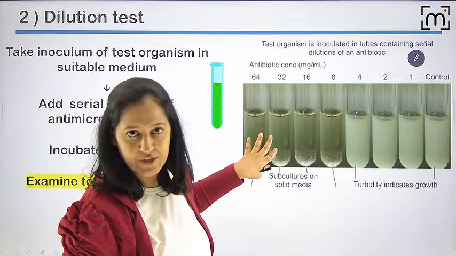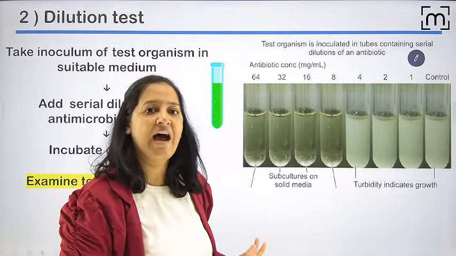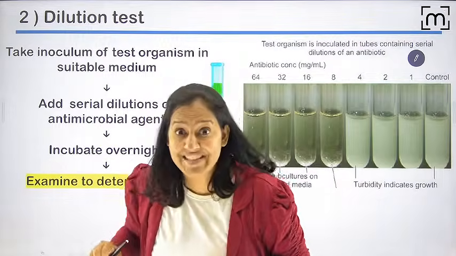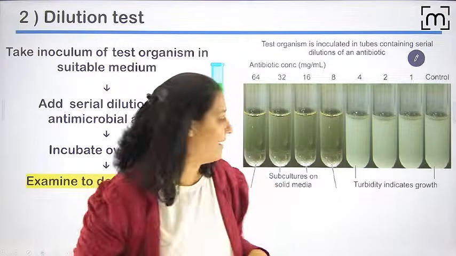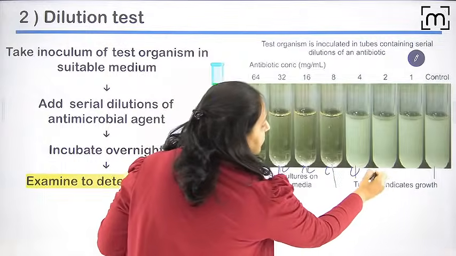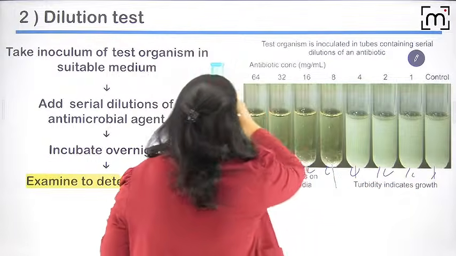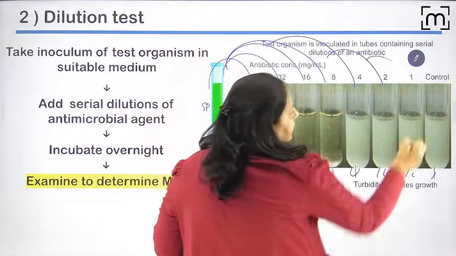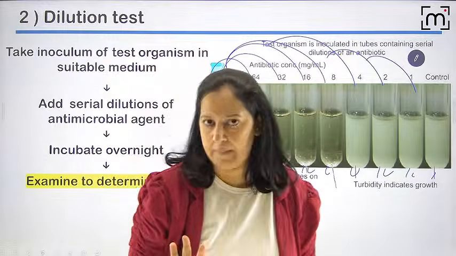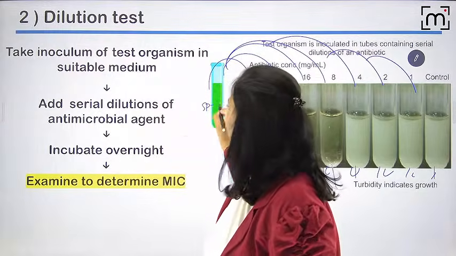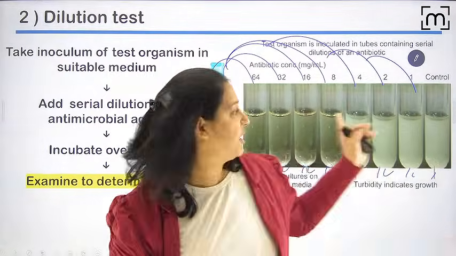Can you see the series of test tubes? In all the test tubes, I will put my specimen. This is the specimen of the patient, which contains bacteria. I'm putting 1 unit of my specimen in all of them, the same concentration. Specimen is the same, and bacteria are at the same concentration in all of them.